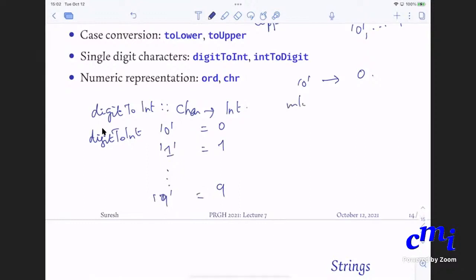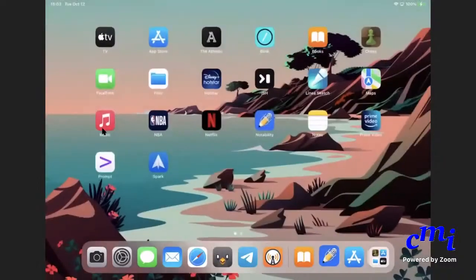And similarly, intToDigit will do the reverse. Is it clear? So these are some of the things you can do with Data.Char. The next thing I want to do is Data.String, because strings are nothing but lists of characters. But since I've done enough material already, I will stop now and we'll do some examples in GHC.